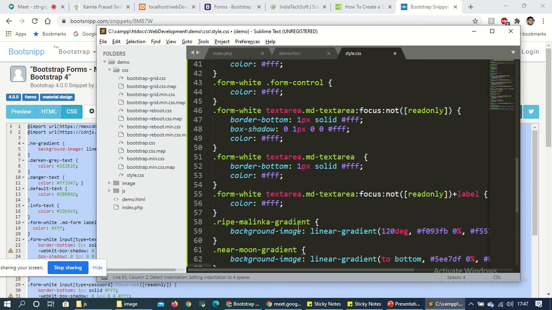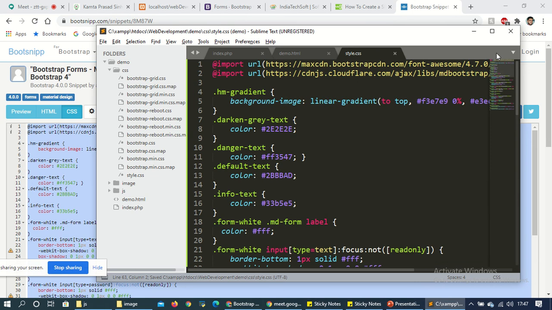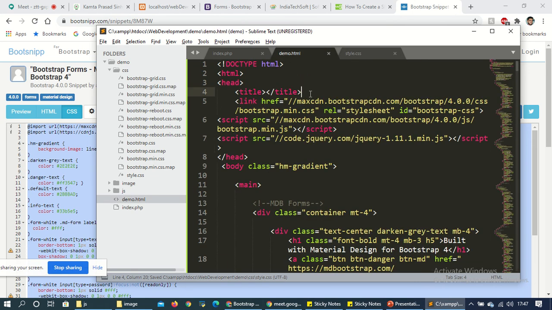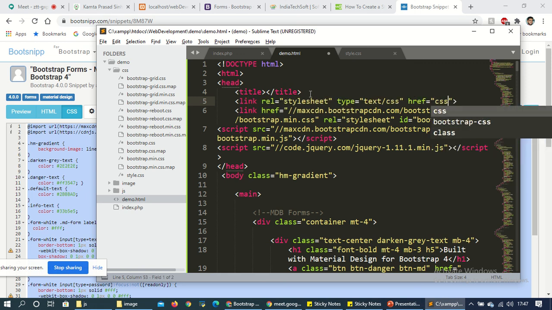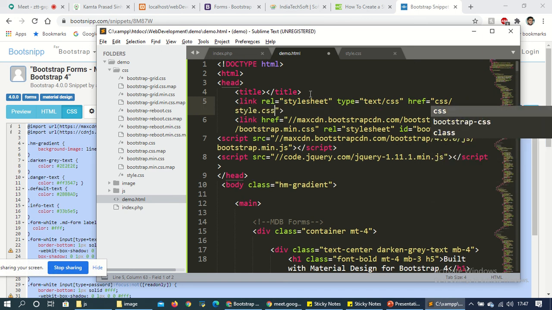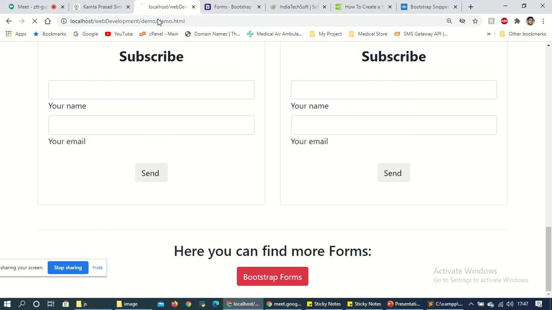Just paste, just save. And now I'm going to include the CSS file here. So here link, and here in CSS I have created style dot css, and just save. And now let's refresh this page.